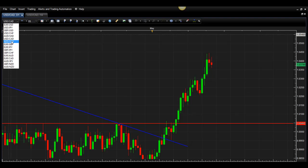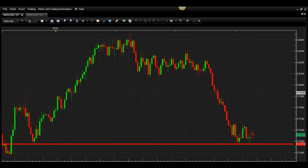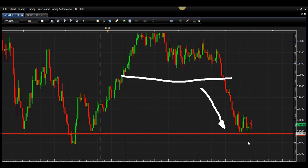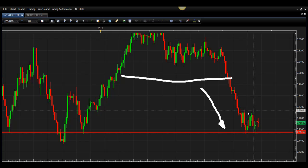Okay, let's look at New Zealand dollar. New Zealand dollar is the same thing except for down. It broke a key level and has been headed down since then. The level is in this area. Obviously, it broke that level and has been headed straight down since then. However, we are at a pretty good support level here. If you scroll out just a little bit, you can see that it's been tested here, here, and now we're at basically the third test of this major level, and price has been chopping around for several days in this